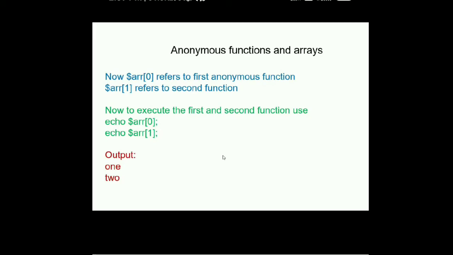Sir, the first function in the array prints 1, sir. Yes, the first function prints 1 here. When I write ARR 1, it goes to the second anonymous function and prints 2 here. Clear? So you can write an anonymous function inside an array and also use it. So far we have learned how to write a simple anonymous function, how to write one with parameters, how to call an anonymous function from a different file, how to use a parent variable, that means how to use inheritance in an anonymous function, and how to incorporate an anonymous function inside an array.